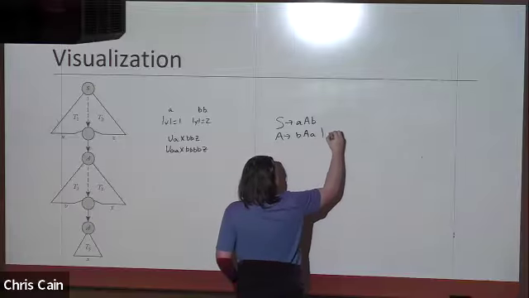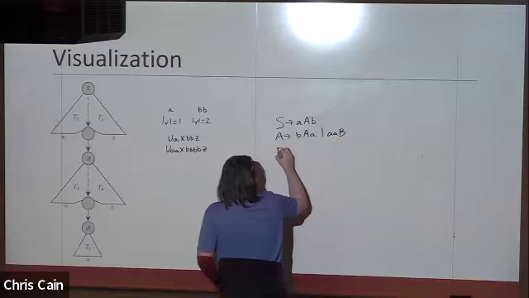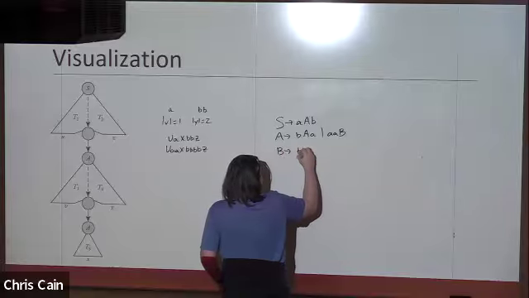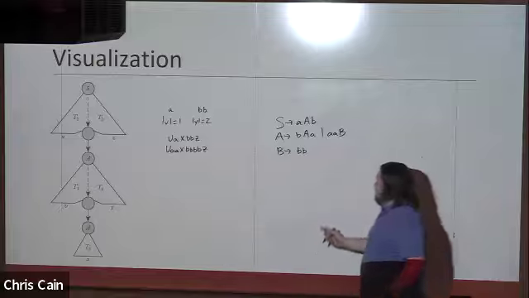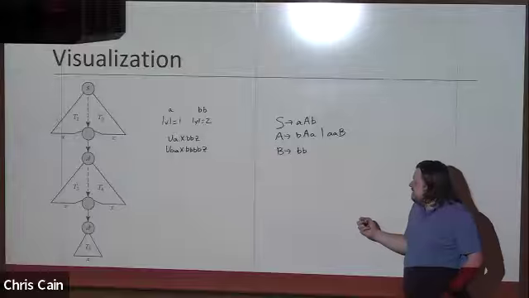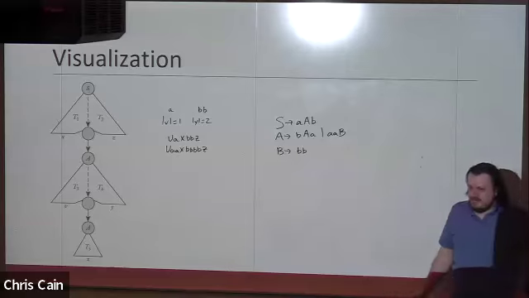Or A, B, and then we go B arrow B, B. Why not? I have no idea what this grammar does or if it makes any sense, aside from it needs to be able to terminate. But the whole purpose of this is to be able to break this down into the UVXYZ.